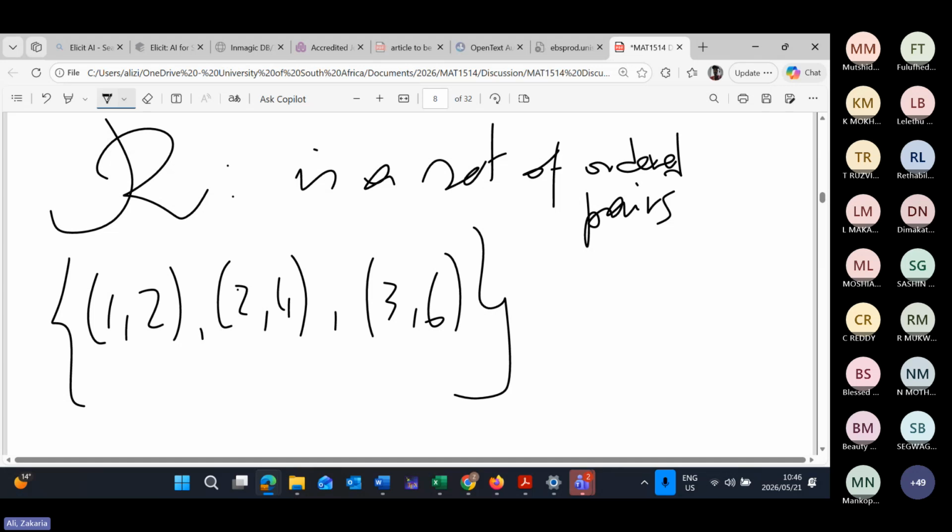The first one is 1, then the next one is 2. So 1 and 2, they are related. 2 and 4, they are related. 3 and 6, they are related, and we keep that order. So that's what we mean by a relation. Now the question is,